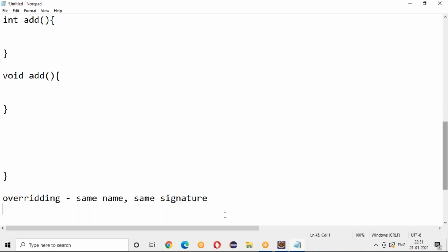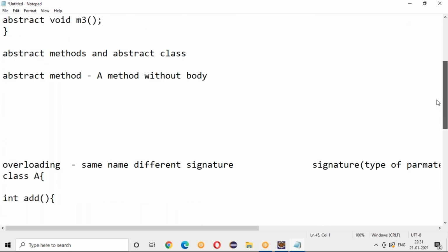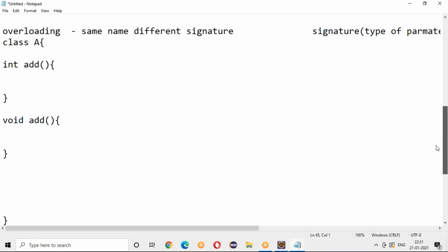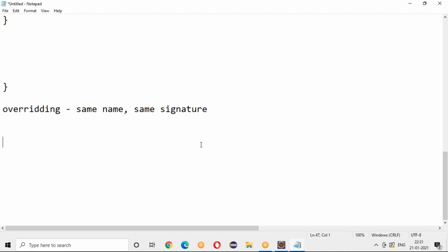You cannot do overriding in the same class. You understood this, right? Generally you do overloading in the same class. But when it comes to overriding, it is same name, same signature, meaning the type of parameters, order of parameters, all things will be the same. But you do that in a child and parent.